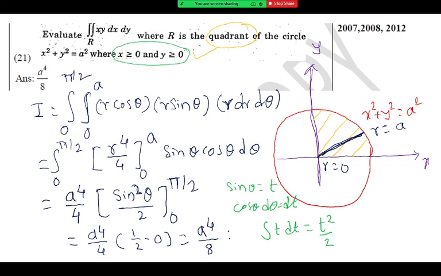Excuse me, sir. Sir, if we do this question by Cartesian, then yes, we can find this. If they had asked, for example, for a full circle, sir, we can find the first quadrant one and multiply it by the full symmetry. No, that is not correct.